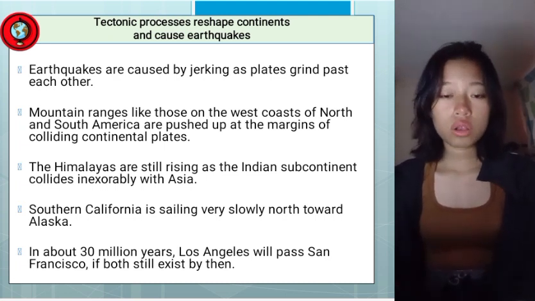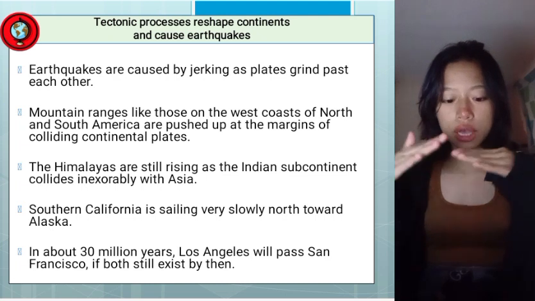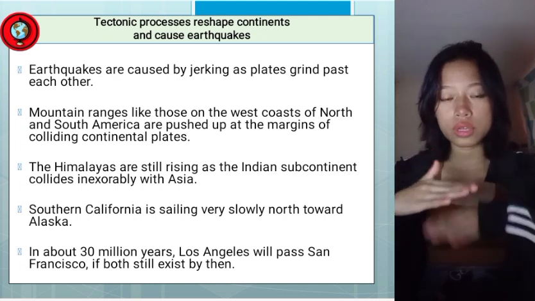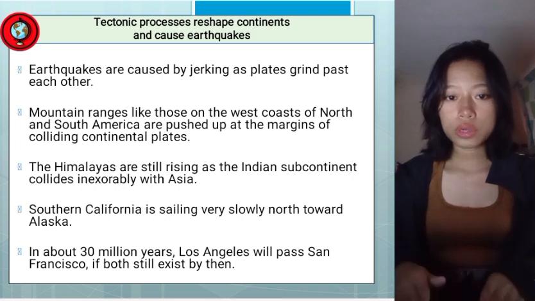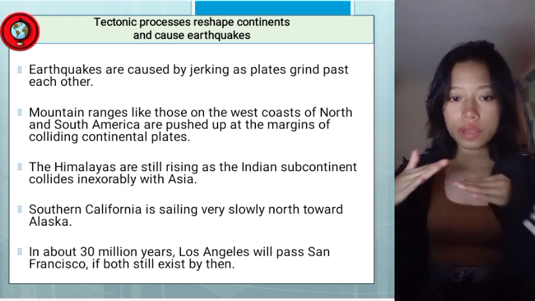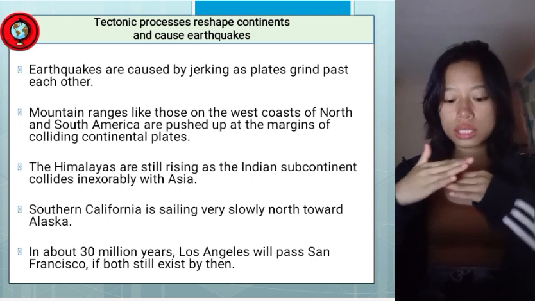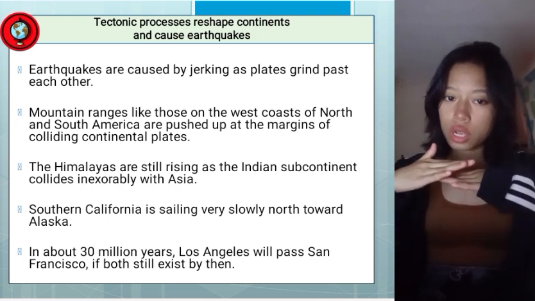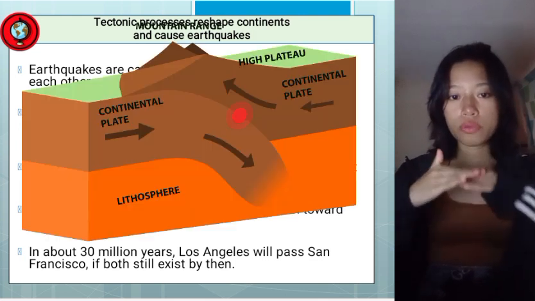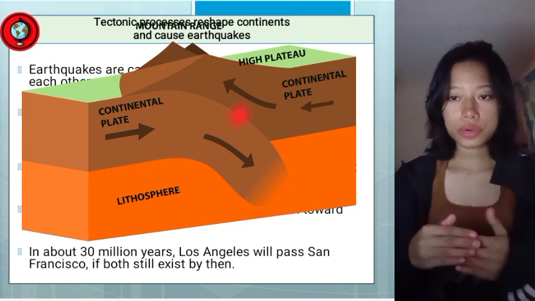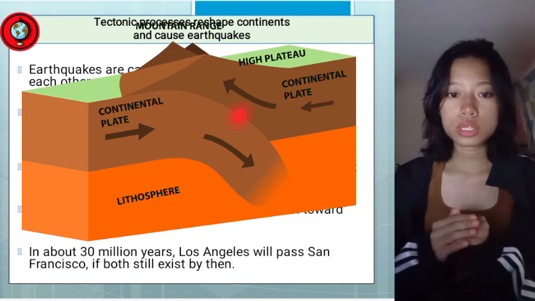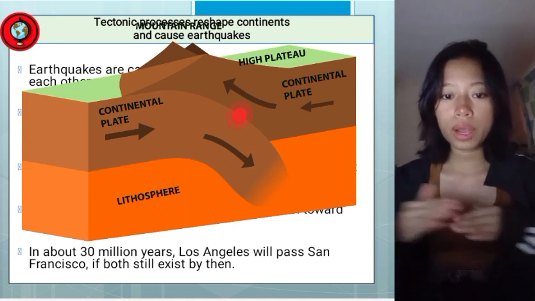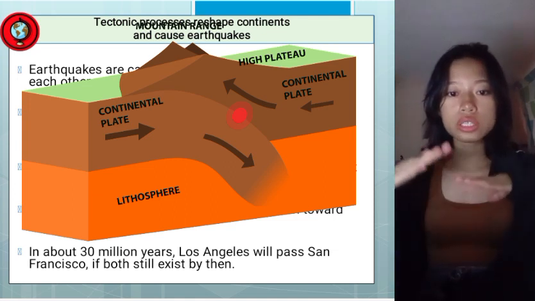So, earthquakes are caused by jerking plates. So, the two plates grind with each other o naana siya sa ilalom sa ato ang surface. So, naay tendency nga if mag-grind na sila ang duha ka plates mag-cause na siya og earthquake or movements sa ato ang surface. And also, naapod siya tendency nga mo result of formation of mountains because the two plates grind